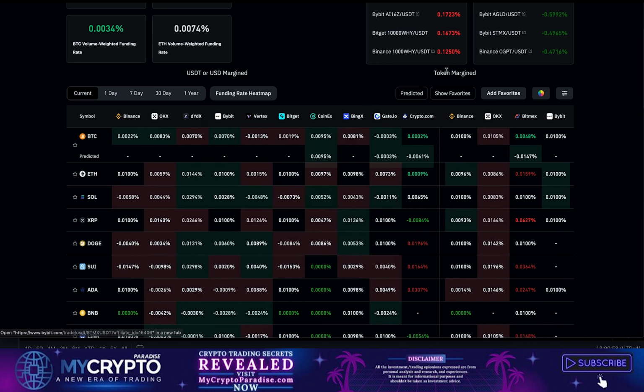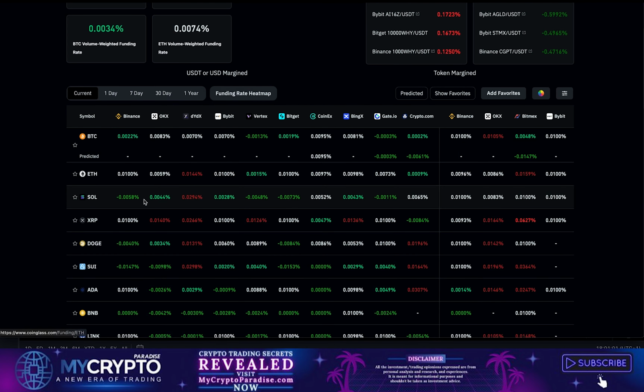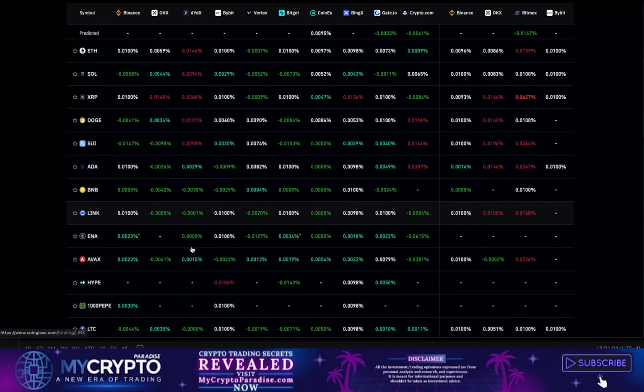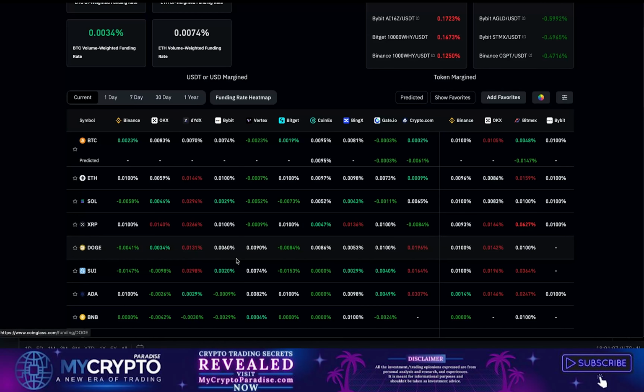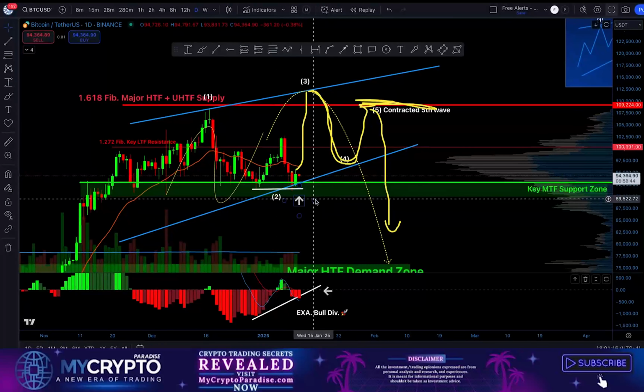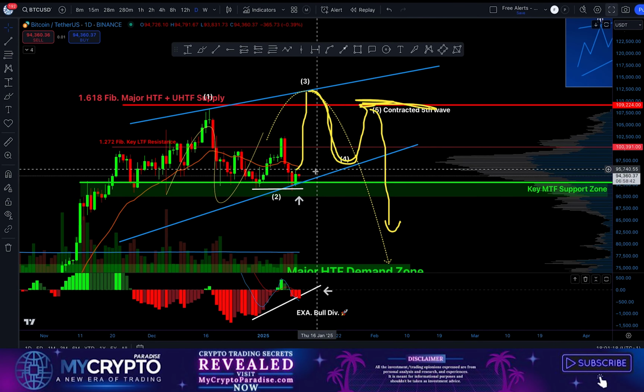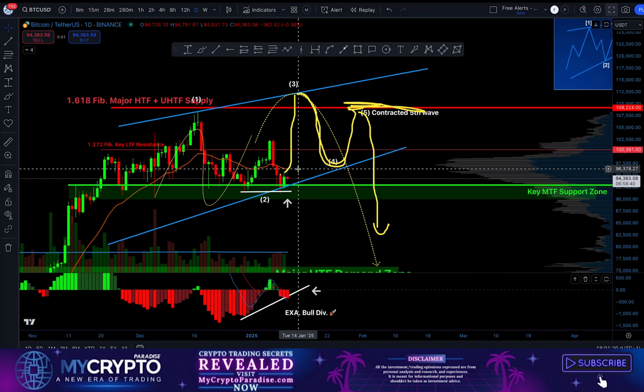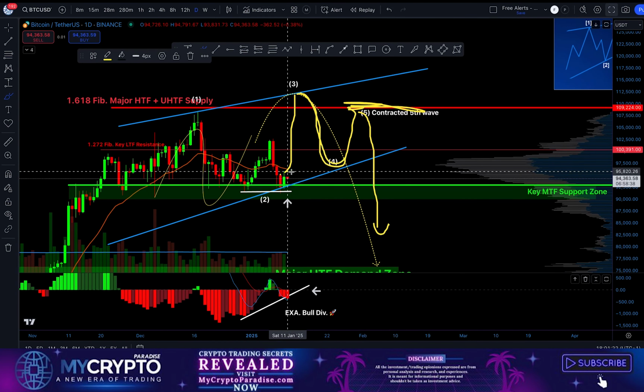Let's take a look at some insider data that can even enhance our probability rates for our long positions. So as you can see, the funding rates are extremely neutral to negative. So this is bullish. Why? Because on the exchanges right now there are more short positions opened close to support, ladies and gentlemen. We are at support right here, so close to support, loads of short positions are being opened. That means there might be a big possibility for a short squeeze, right?